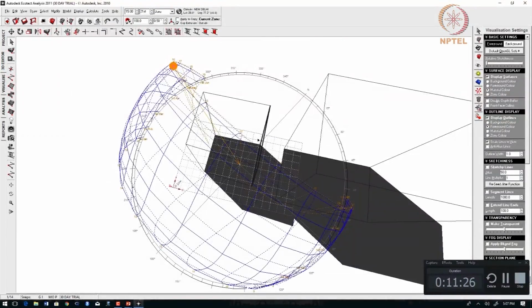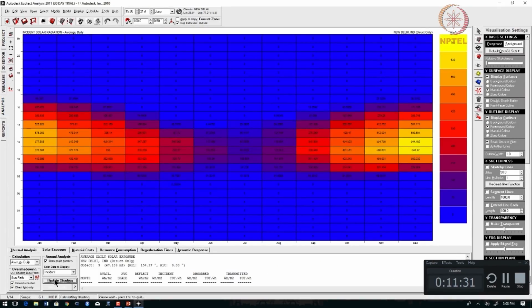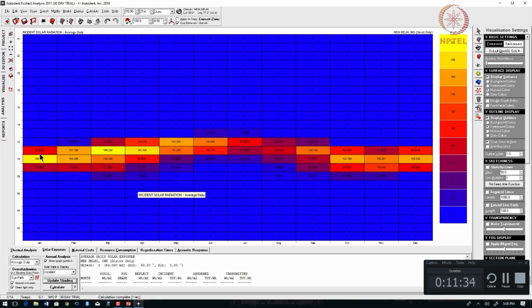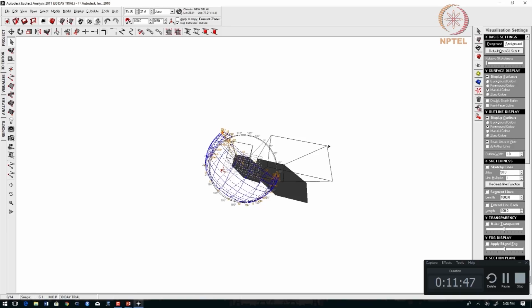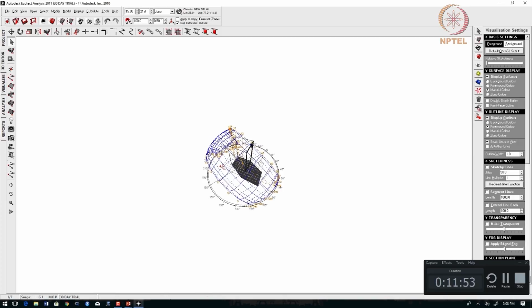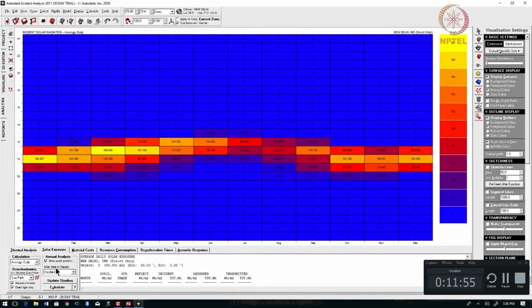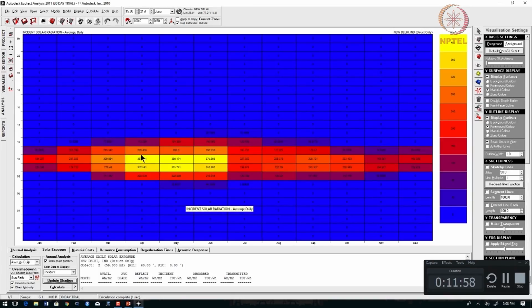Let us take this face. This was actually getting shaded by the nearby building, right. So, let us see what the shading is. Please note these numbers like 184, 189 are the peak. 189 is the peak radiation and it happens in March with the shading of the nearby building. So, let us remove this building, and assume that this building is not there. Let us do the analysis for the same building. You can see that it is going as high as 397. This is because we have removed the shadows from the nearby building.